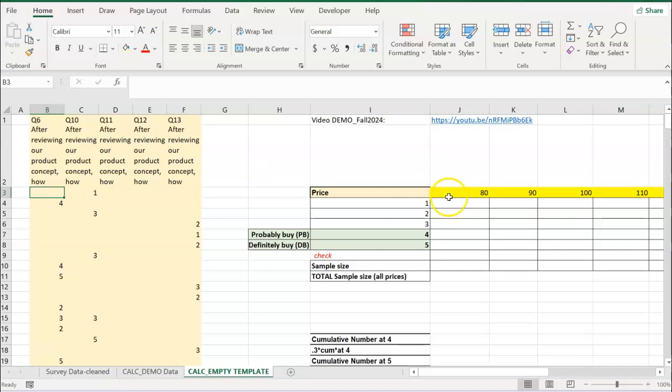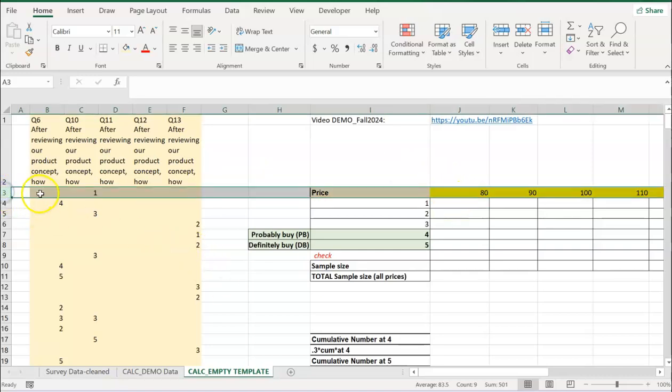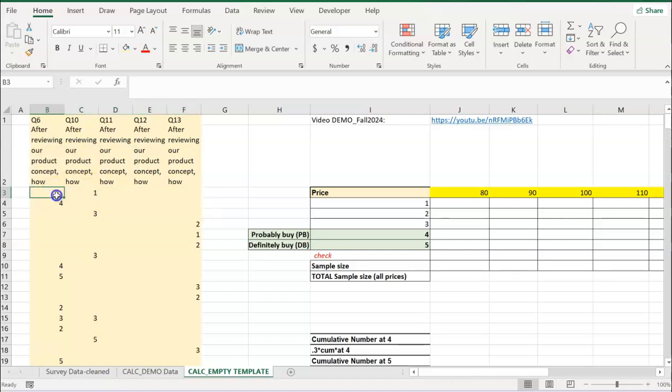So I'm going to use COUNTIF. As you know, each row here represents a customer, and each customer got one of the 5 prices randomly. That customer then indicated their purchase intent, between 1 and 5, meaning between definitely not buy and definitely buy. So here I'm going to count how many said they would definitely not buy at price 80. I'm going to use COUNTIF,